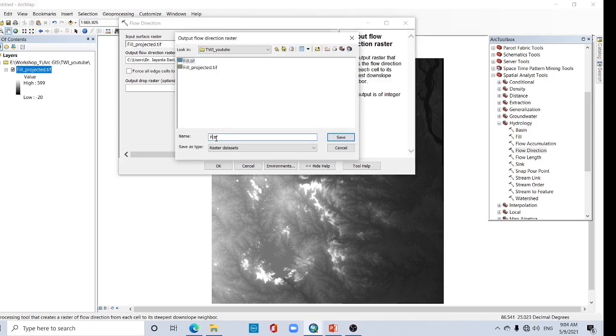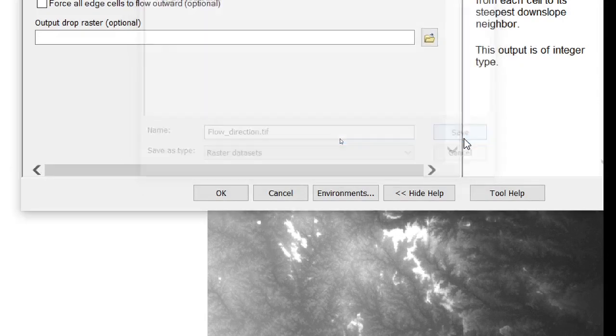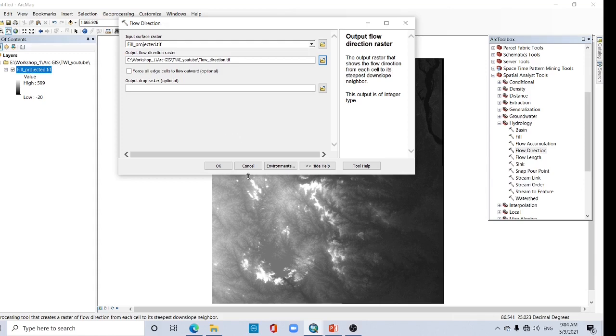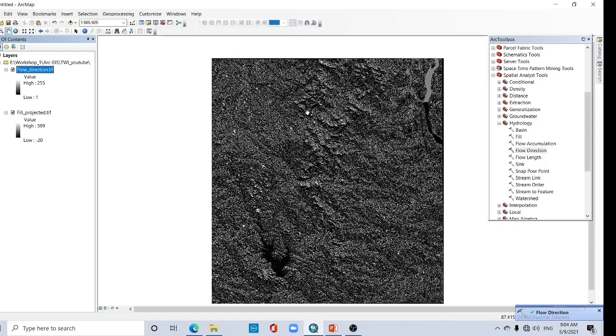This is the flow direction. Okay, and save it. Other things are optional. Please click OK. Okay, it is also done.